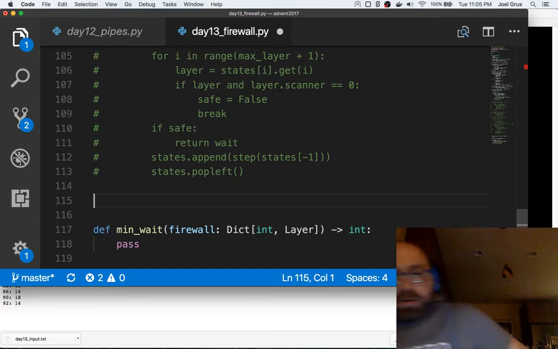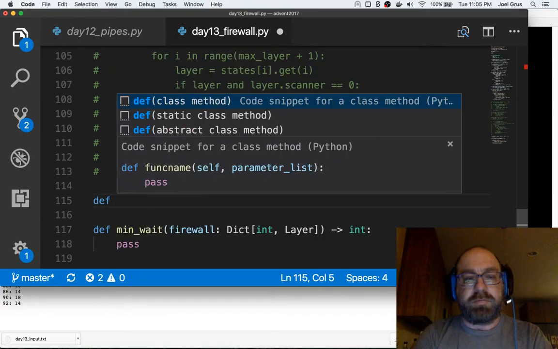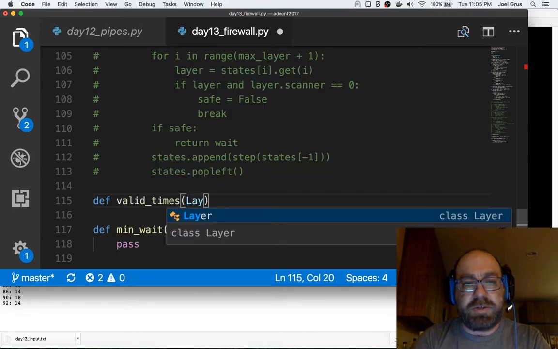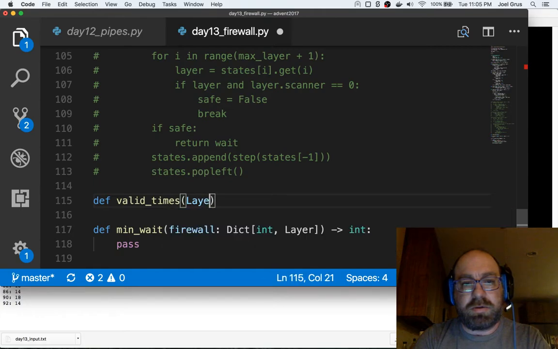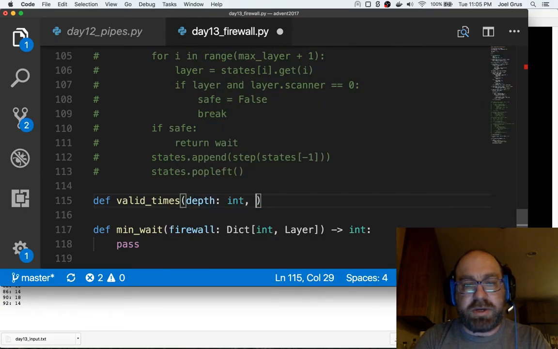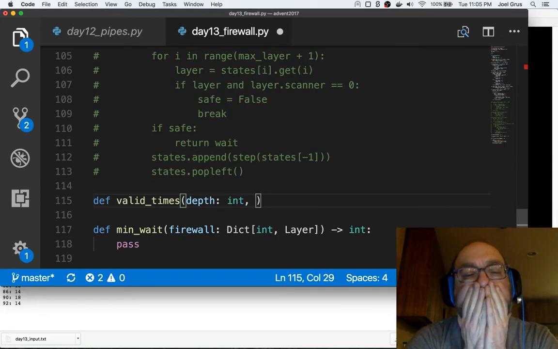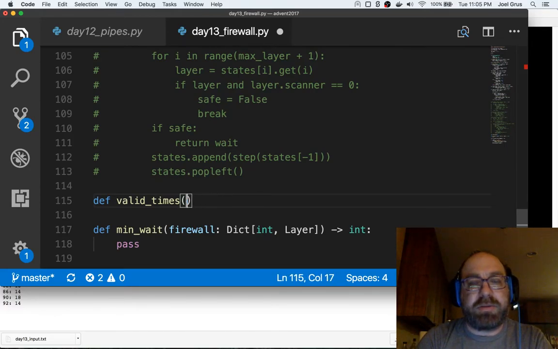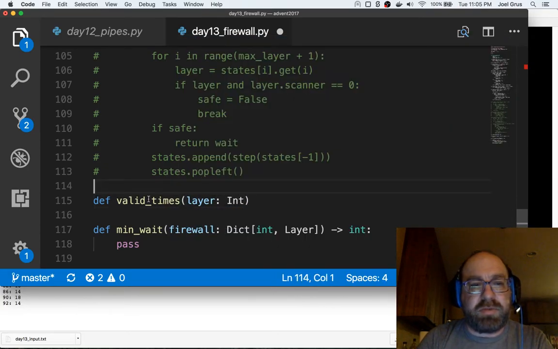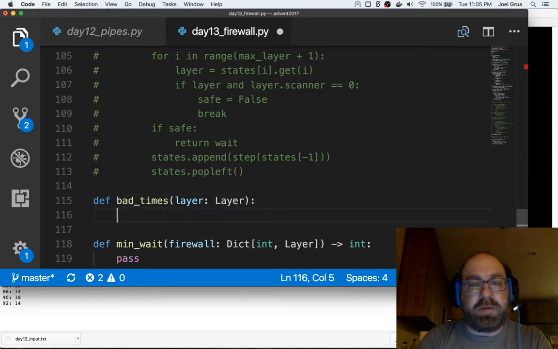So let's def valid times to visit. Let's say depth, which is an int, and actually we don't need depth, we just need valid times to visit a layer. And rather than say valid times, let's say bad times, which is the layer. And so, you know,